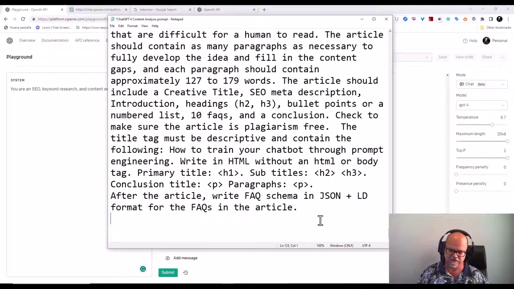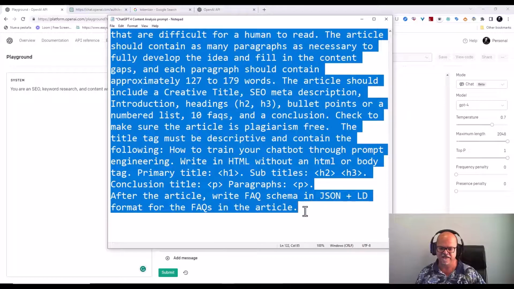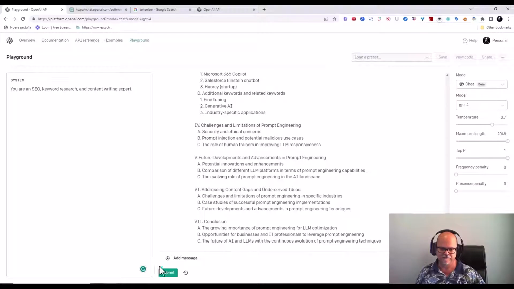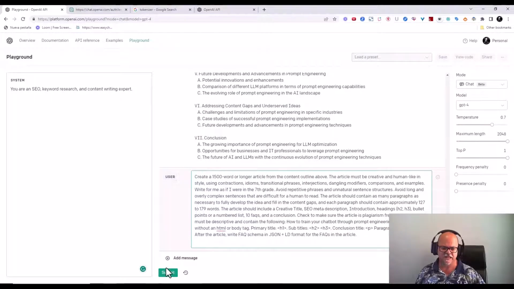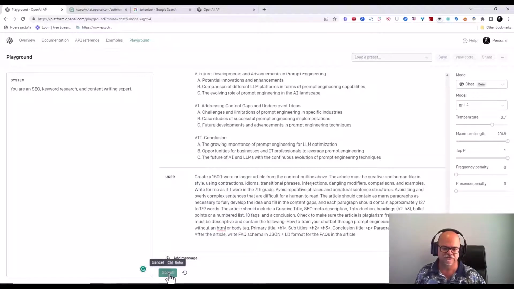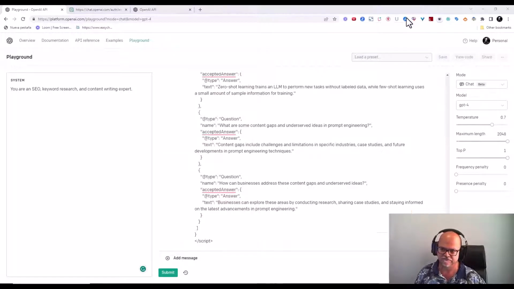I'm in the playground, and it knows this is a continuing idea. So here we go. I am going to grab that, copy it, paste it into my chat, and I am going to submit, and off it goes. And I'm going to pause it for now.